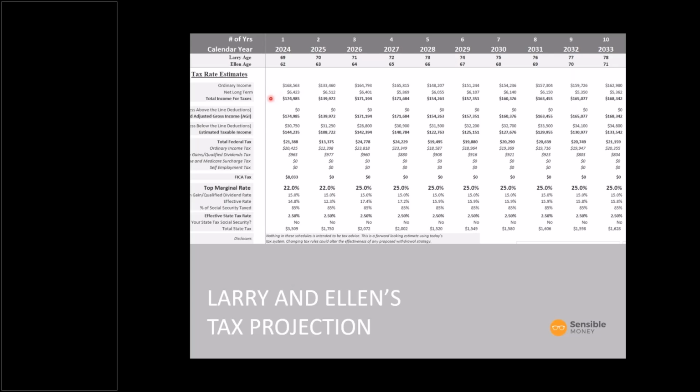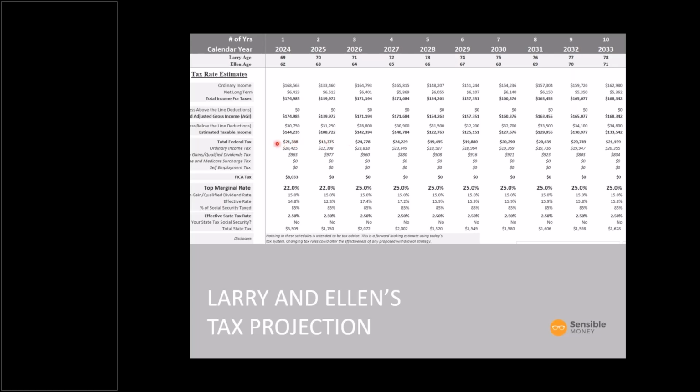So in this model, there's also projected income for taxes. And you'll see estimated adjusted gross income, estimated taxable income, and the top marginal rate. Now here we see that top marginal rate going up in a few years, and that is because under current law, the rates are set to revert in 2026 back to what they used to be about a decade ago. But it's these tax rates and the actual tax code as it stands today that is being applied to their income to come up with these estimated total federal taxes.